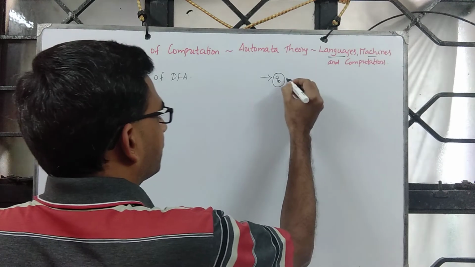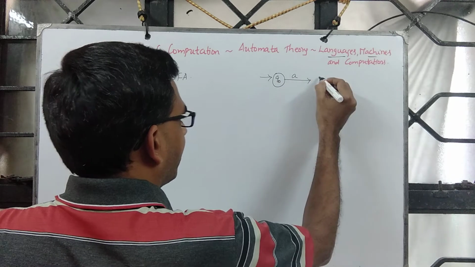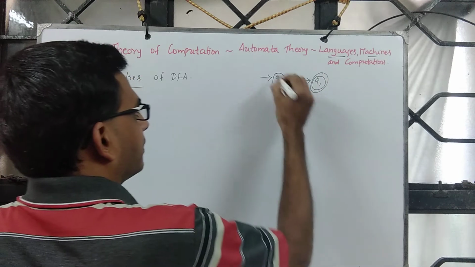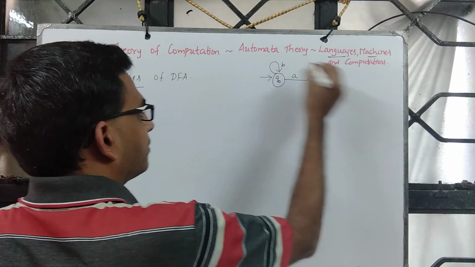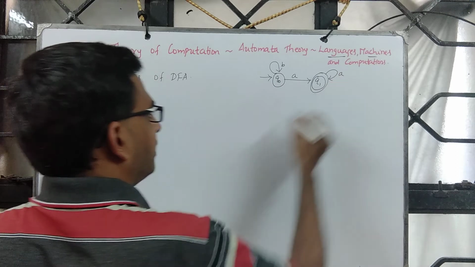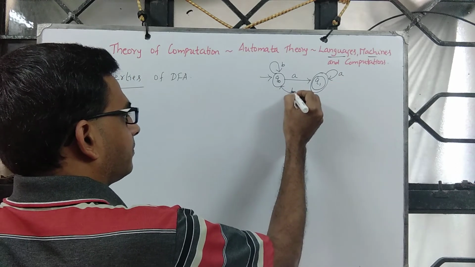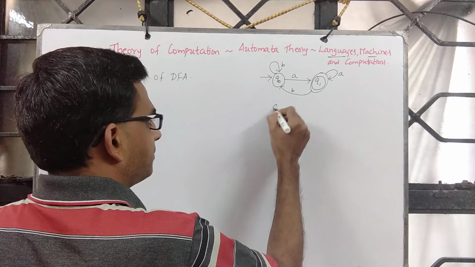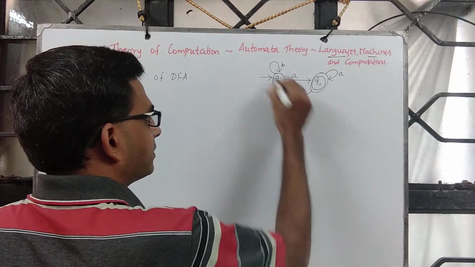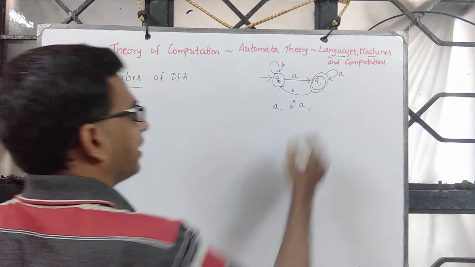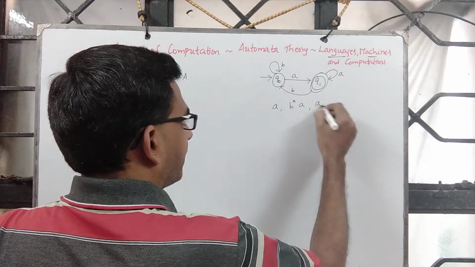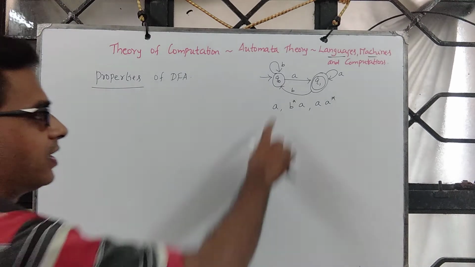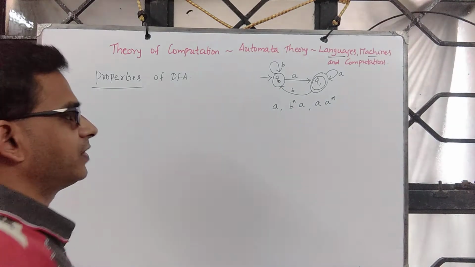So you start from Q0 and read A and reach this final state. Then when we read a B, we continue to stay here. We may read a couple more A's over here. When we read a B, we come back. So we see that it accepts A, it accepts B star followed by A, or A followed by A star. So clearly we see that it accepts all strings ending with A,